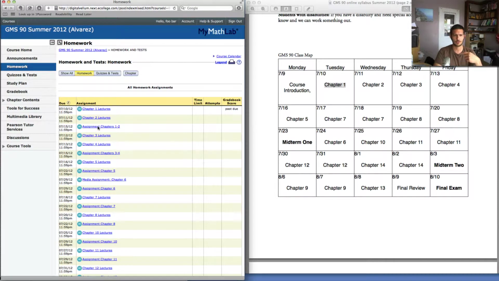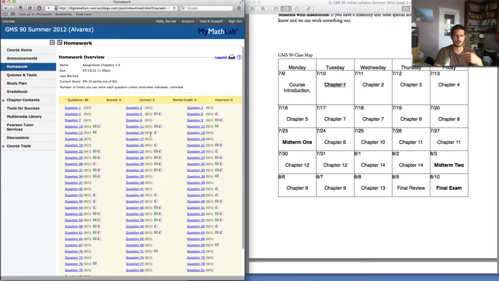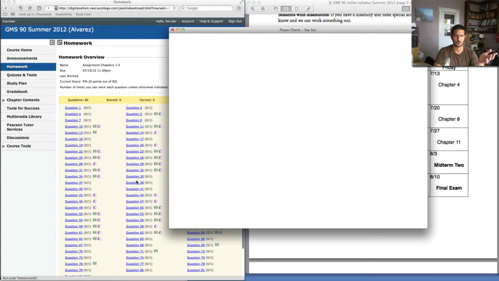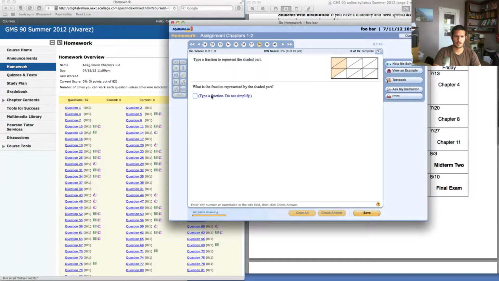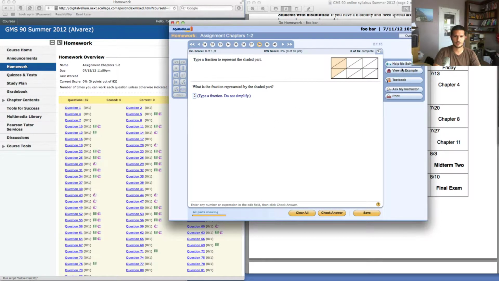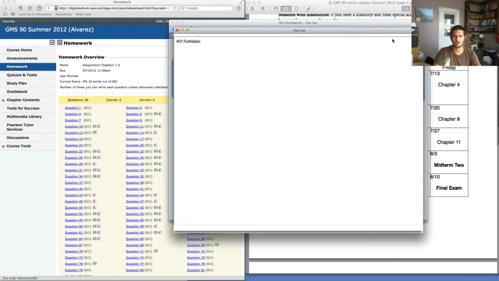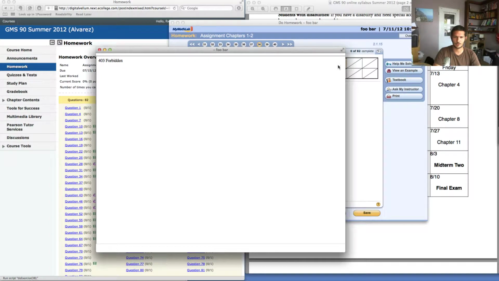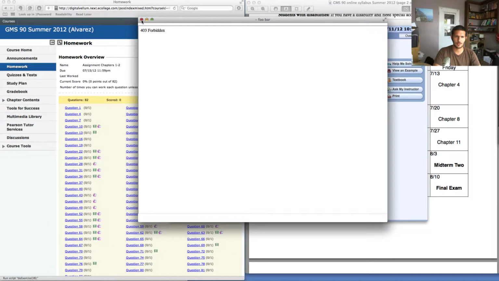So, for example, let's say I'm working on question number 38, and I'm looking at this problem, and I do this wrong, and I don't know how to do it. I just can't remember. So then what I can do is go here. You can use "Help me solve this" or "View an example." And if you're really having trouble,